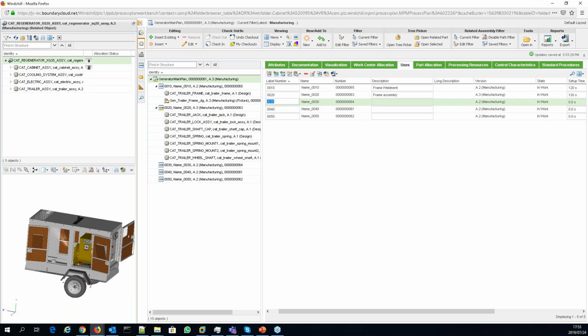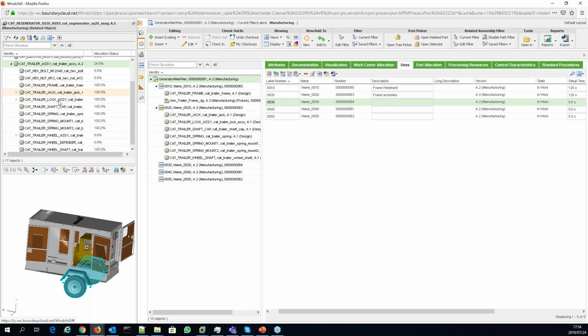So one thing that I need to obviously make sure of, similar to what I showed you in the comparison between the design and the manufacturing BOM, you've also got similar functionality in this process plan where you can see what items have been allocated so far. So if we look here at the allocation status, I can see in here 24% of the items have been assigned. In the